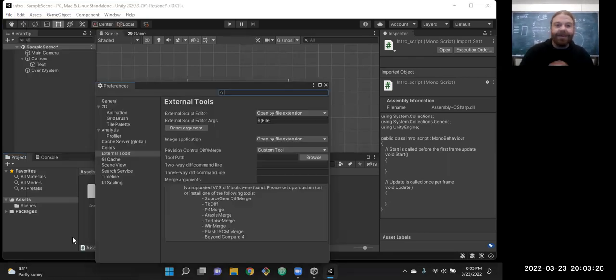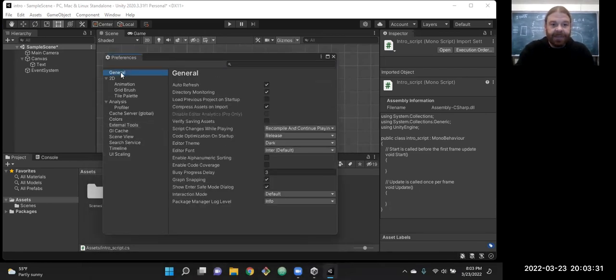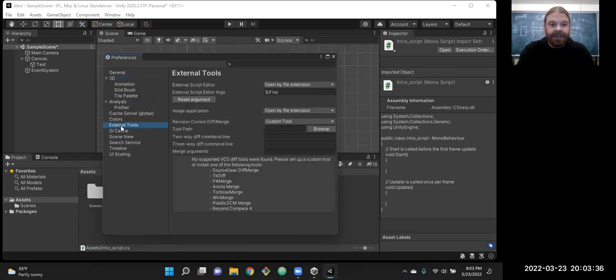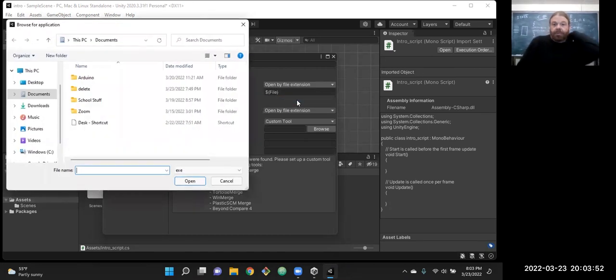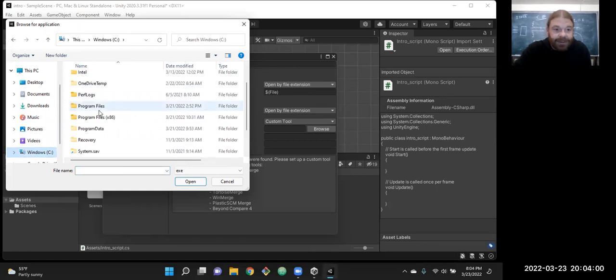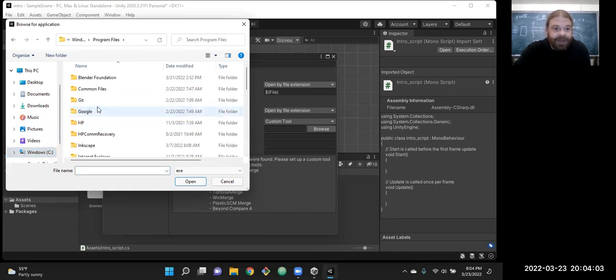Whenever you get to Preferences, there's a bunch of different things here, some general options, different things about animators. And about halfway down is this option for external tools. You'll see the top option there is an external script editor. So if you just choose that, you can browse to wherever the text editor that you most prefer is. I'm on a new computer, so I'm not 100% sure where the Atom text editor is, but I can probably find it pretty quick.